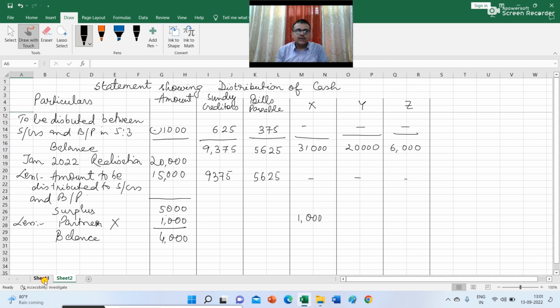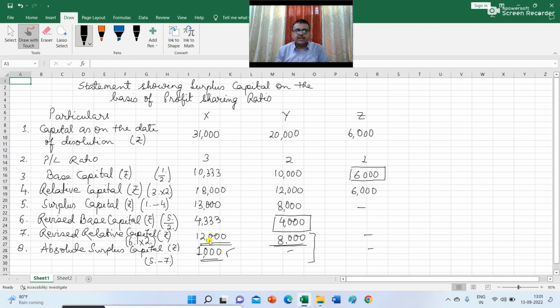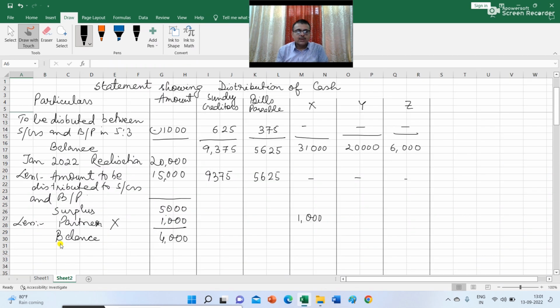That is the revised relative capital which was there, 12,000 and 8,000. So less to be distributed